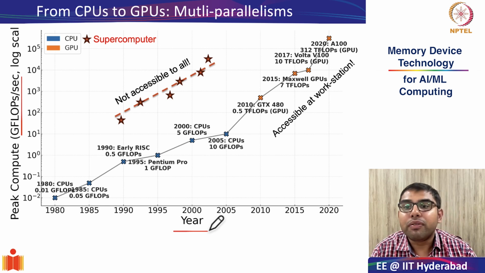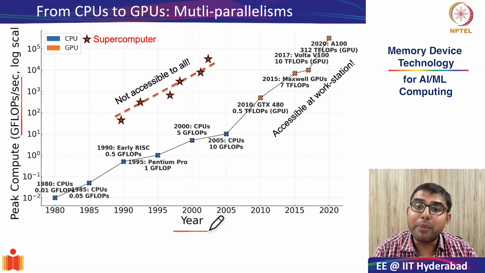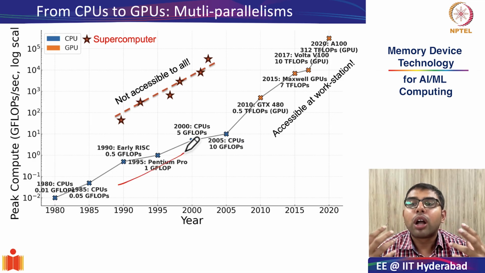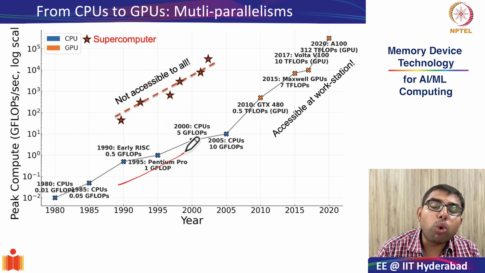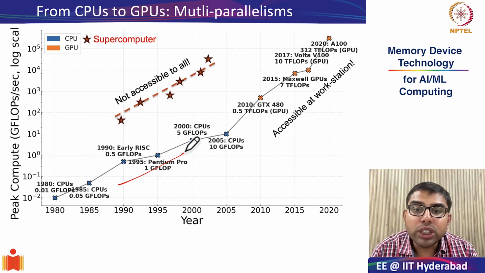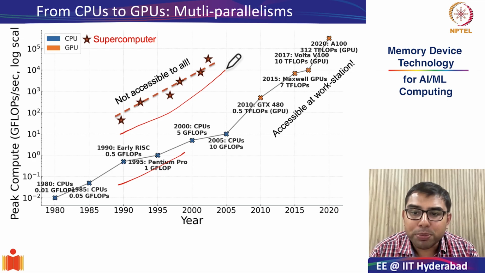In the last slide, we saw how single core performance has hit a wall because of power and thermal limits. So the natural question was, how do we keep scaling computation capabilities? The answer is given in this particular chart. As you can see on the bottom left, the CPU computation power steadily improved over the years, but only reached about 1 to 10 GFLOPS per core around the mid 2000s, and this saturated. On the top, you see supercomputers, which are capable of teraflops and beyond.